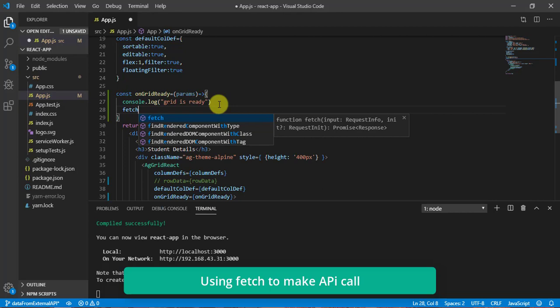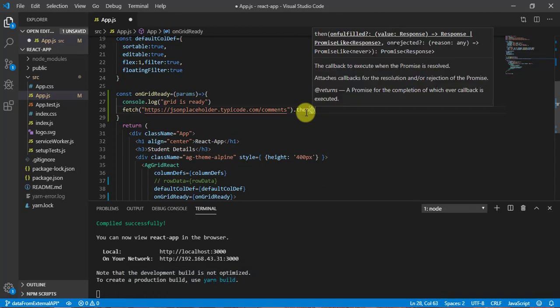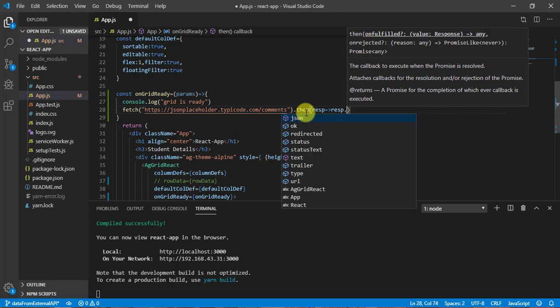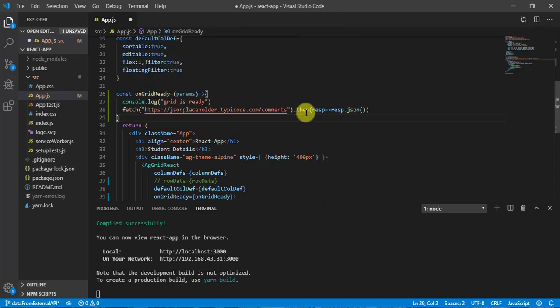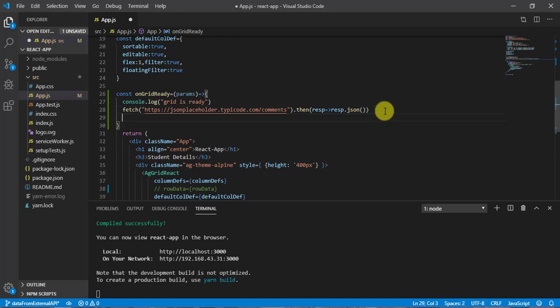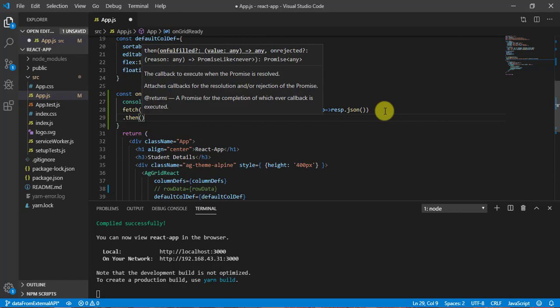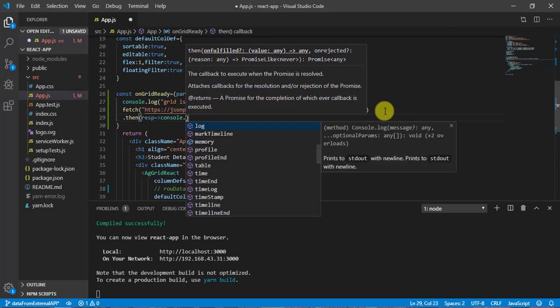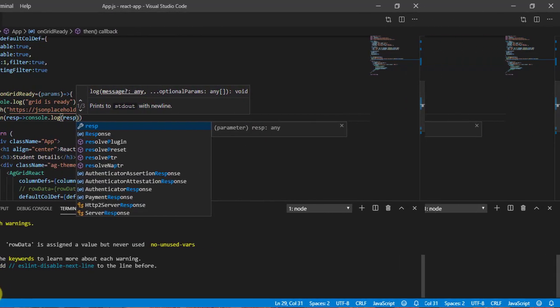I am going to use fetch here to make a call, and this is going to give me a response. The response I will convert to JSON. Now I can print this response, so let me do a console log of the response.